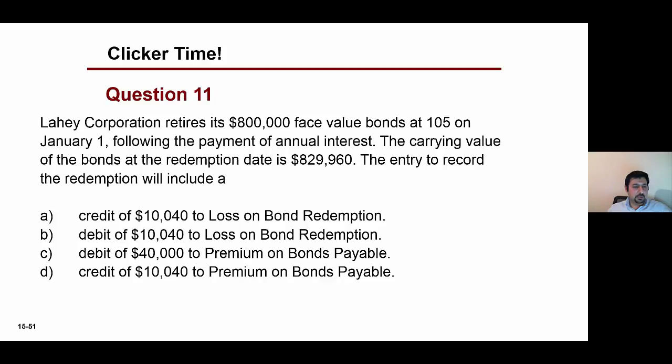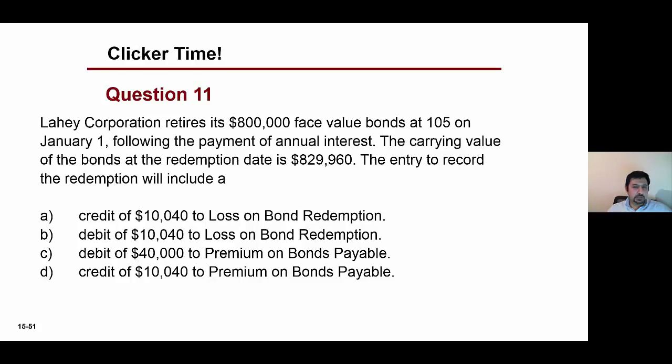This is another example of recording a redemption of bonds. So Lahey Corporation retires its 800,000 face value bonds at 105 on January 1st, following the payment of annual interest. The carrying value of the bonds at the redemption date is 829,960. So the entry to record the redemption will include one of the following answers. Whenever we have a question like that, the best way to answer it again is to write the actual journal